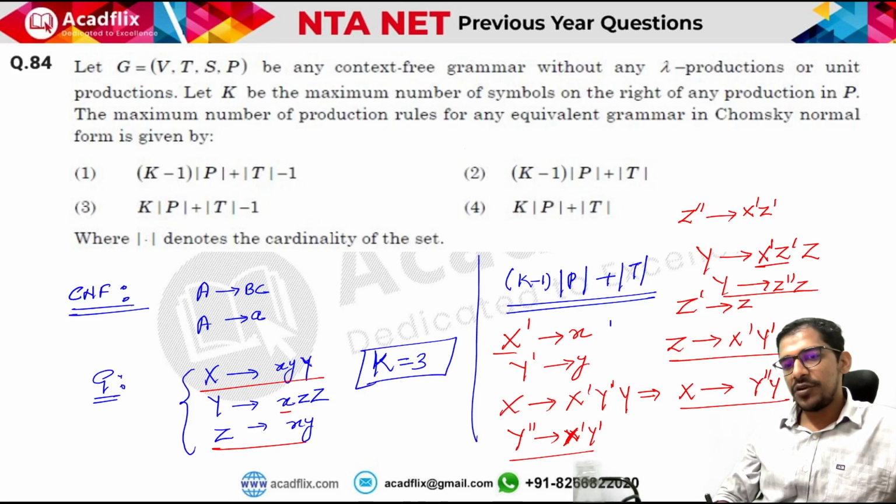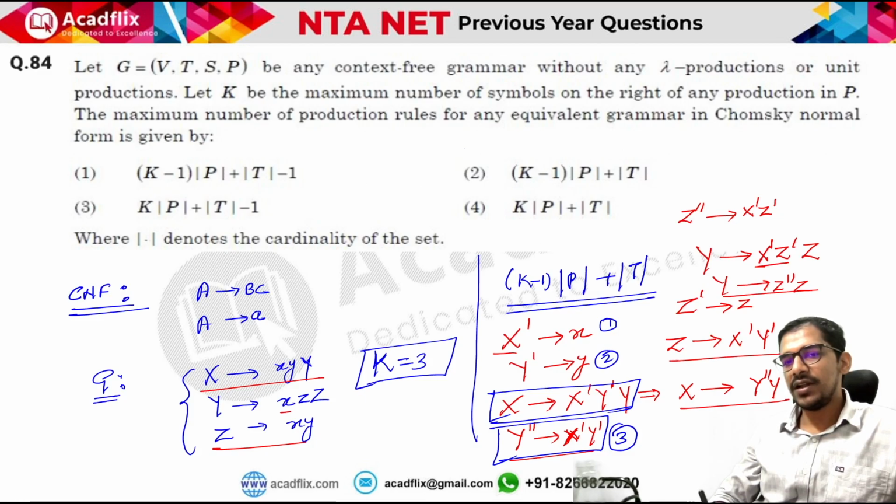So this is the first production rule, then the second production rule, right? Then we have converted this production rule. So this is not a production rule in the grammar now, because we have reduced it to this particular production rule, right? So this is the third production rule, and we have taken X' → x, Y' → y as Y'', right? So Y'' is this. That means next we will have this particular production rule, that is X → Y''Y. This is the fourth production rule.